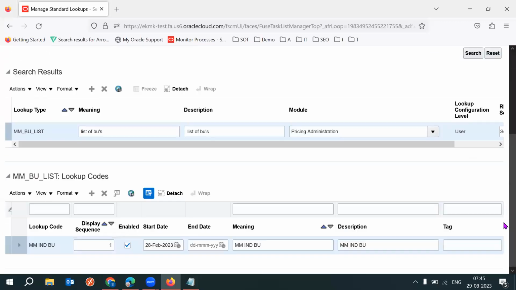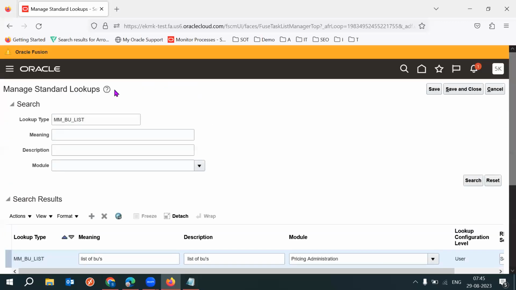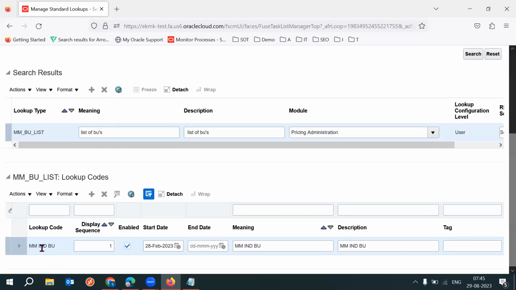Okay. So this is the task. Many standard lookups are created here and business unit values are added. Okay. So here if you want